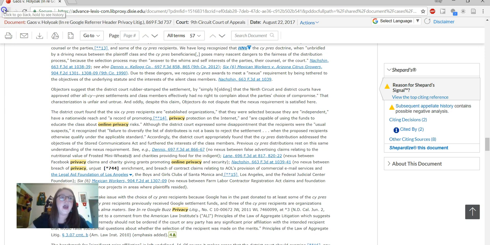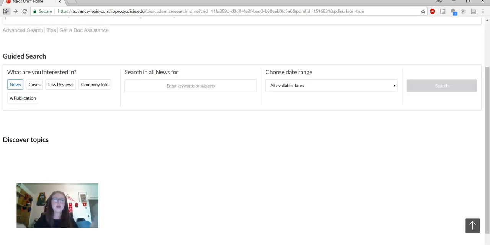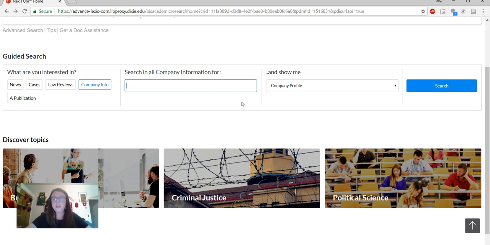So now that we have looked at how to find legal information and court-based information, let's do some digging on a company. So let's change our guided search from news to company info. And let's say I want to search Microsoft. Now I'll type in the company's name,